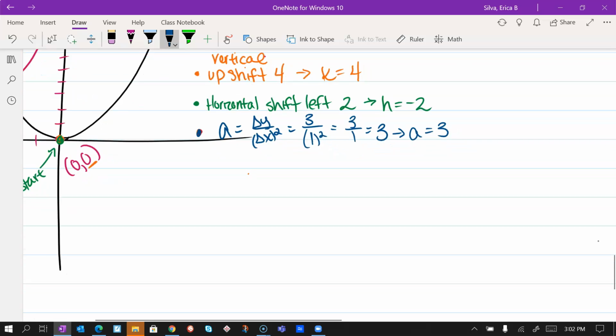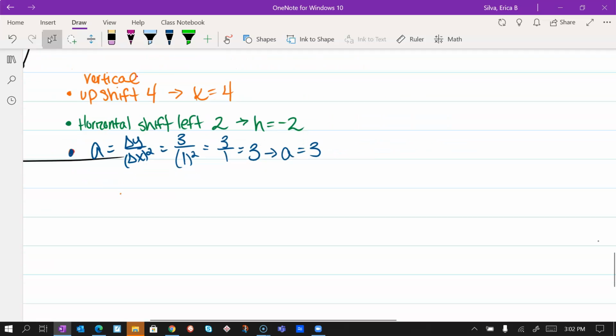So let's go ahead and write the equation. Go ahead and write